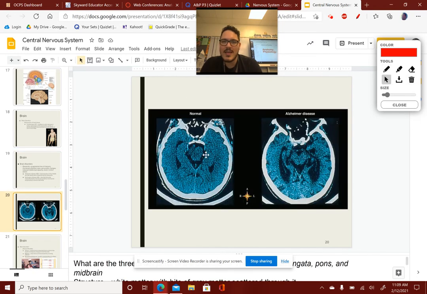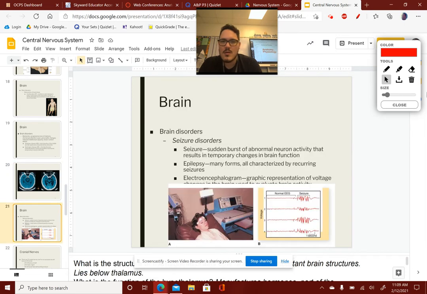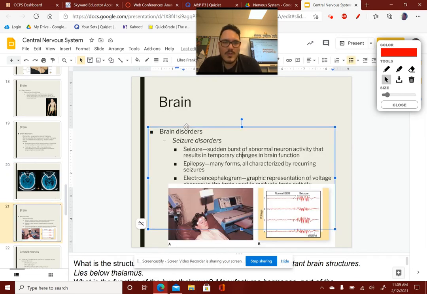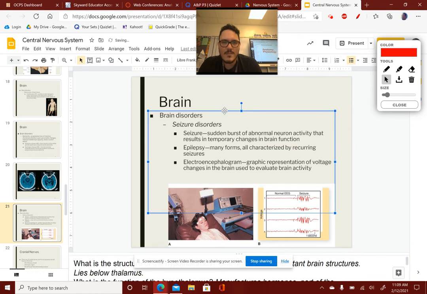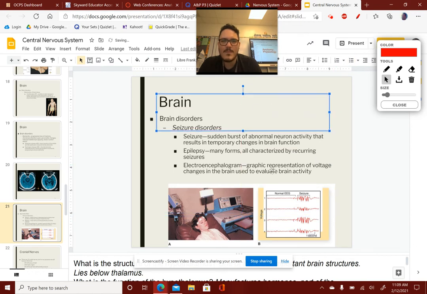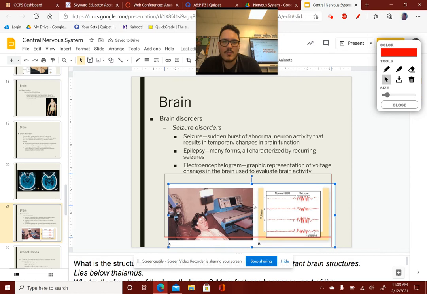Here we can see a normal brain, and then to the right is a brain affected by Alzheimer's. You can see literally cerebral tissue missing. Okay, brain disorders. So let me go ahead and slide this up just a bit so I can fit everything. There we go. Okay, so in regards to the brain disorders,